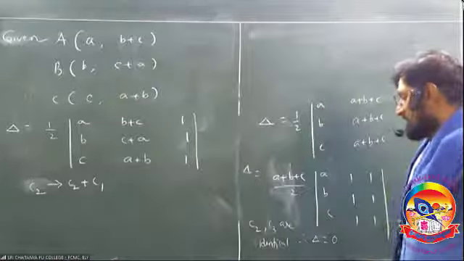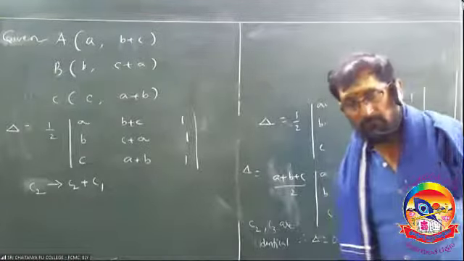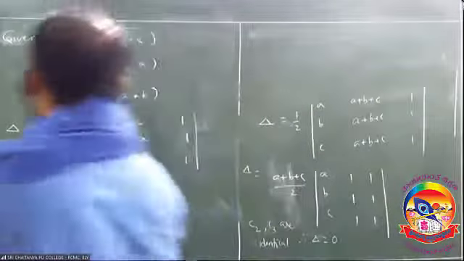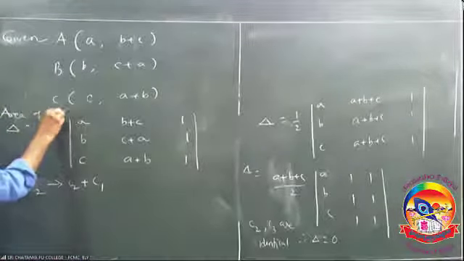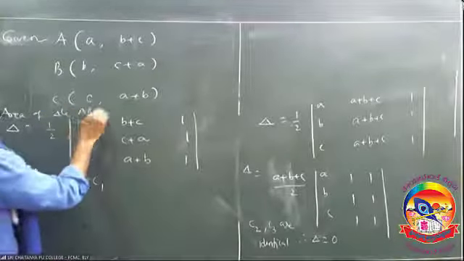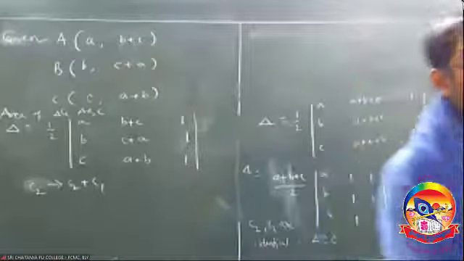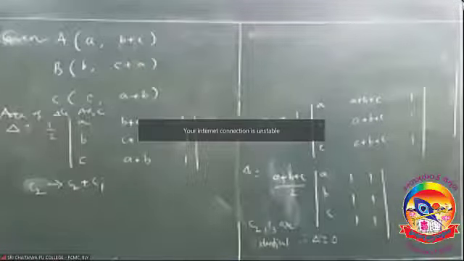Copy this one, but write down the last step. There, since delta is equal to 0, since area of triangle is equal to 0, the given points are collinear. And here also one step. Therefore, area of triangle ABC is equal to, delta is equal to 1 by 2 into this. As this is PU, you should write each and every step. If it is an objective question, there is no issue. I hope you understood.